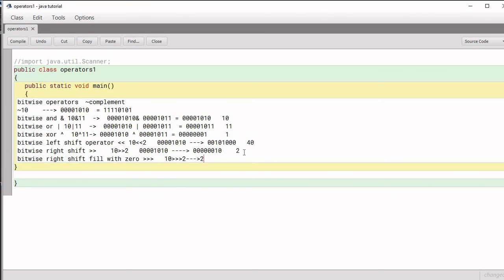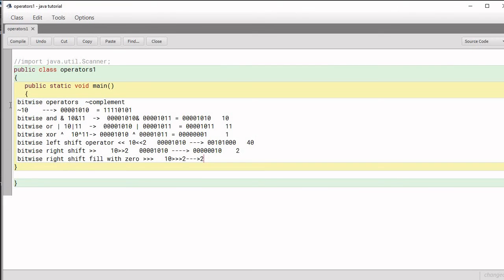It performs differently with negative values, because it fills all the leftmost remaining bits with 0, even the MSB, the most significant bit. In a computer, sometimes the most significant bit is used as the sign bit, so it fills that sign bit also with 0. This is the difference between right shift and right shift filled with 0.